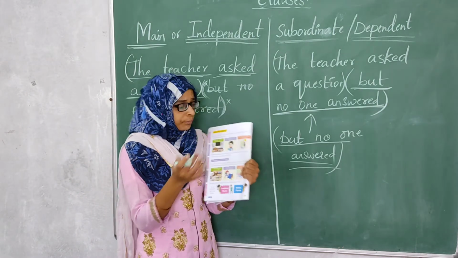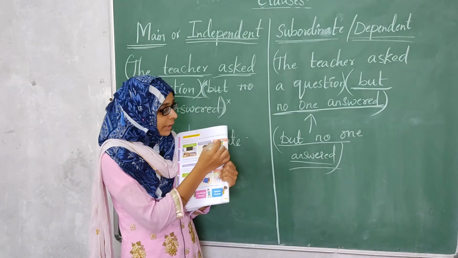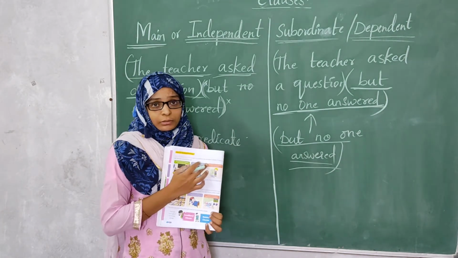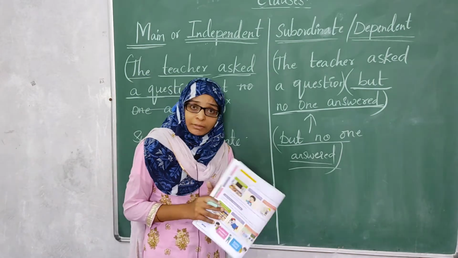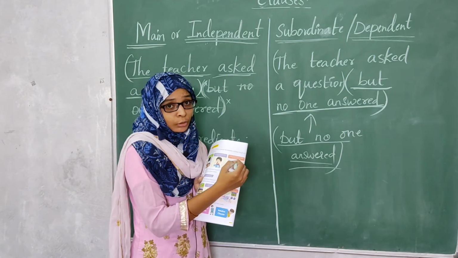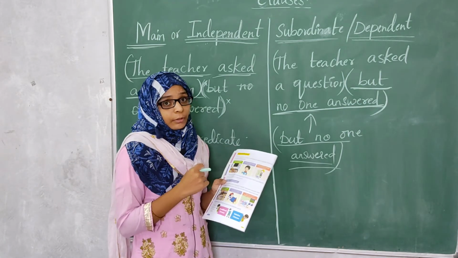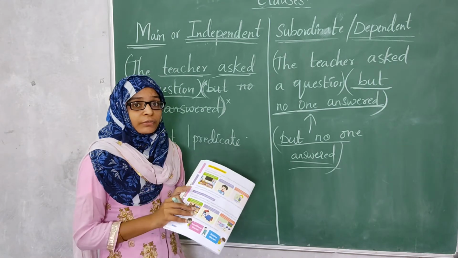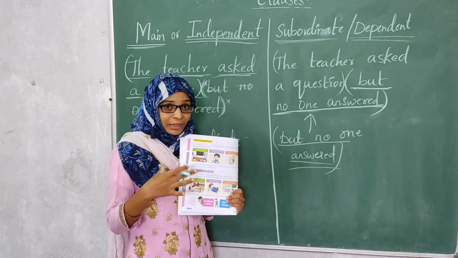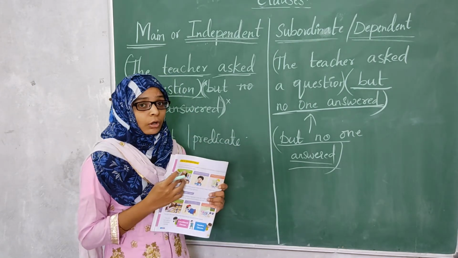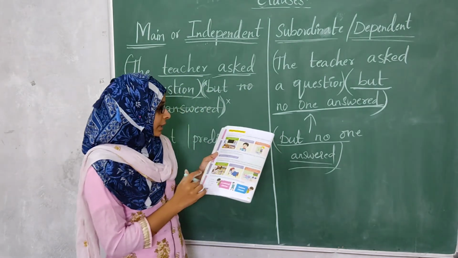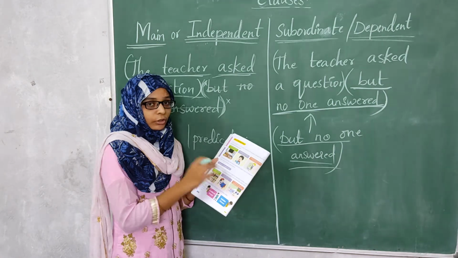Let us suppose we don't have this in the sentence: and smashed the vase into pieces. We are getting the complete meaning through this. He became angry. We are getting some information. It is not necessary that it should be followed by this other group of words for the meaning. So the group of words which can give us the complete information and can stand on their own as a sentence are our main clause, and a main clause contains a subject and predicate. Let us look at the examples of subordinate or dependent clauses now.